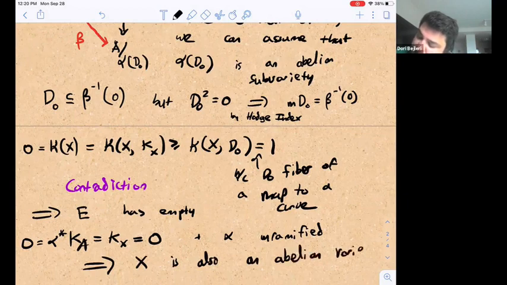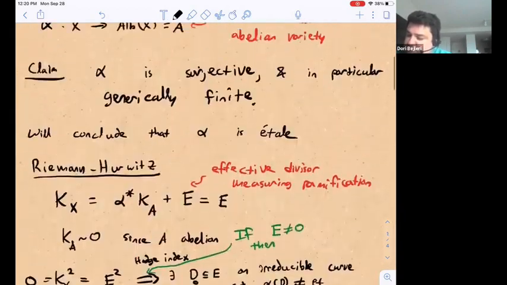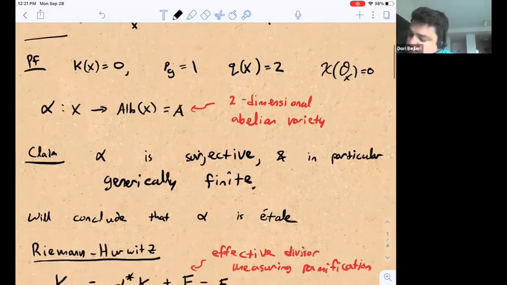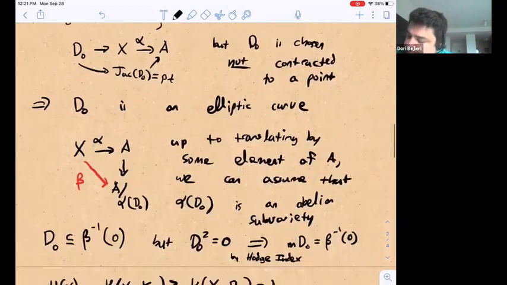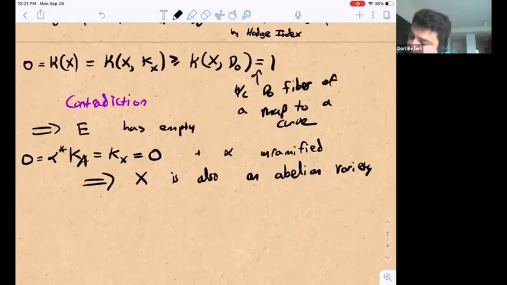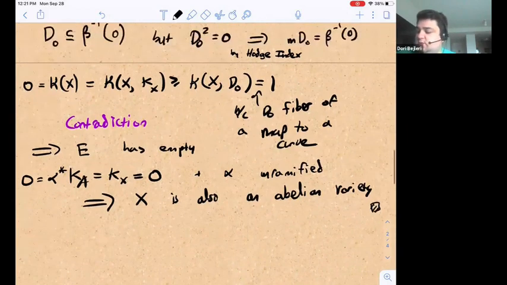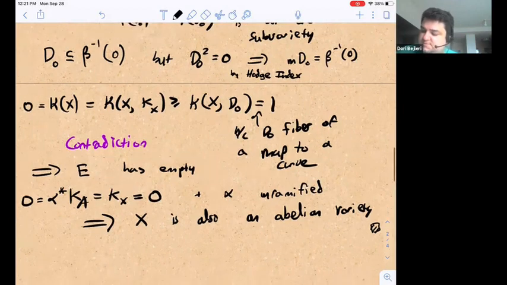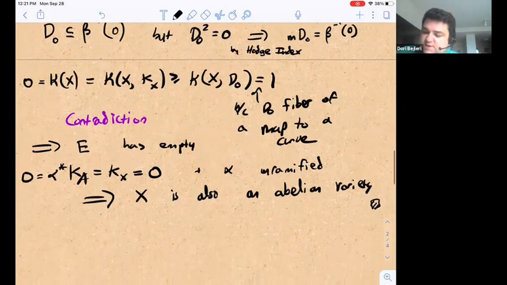And that's why we called this case, where a priori we just said that a surface with these numerical conditions is called an abelian surface, and here we see that it's actually a two-dimensional abelian variety, and that's why we gave it that name. Okay, so that's the end of the proof of abundance. Okay, so now we're basically done with the classification, modulo a few steps of actually understanding what these different surfaces